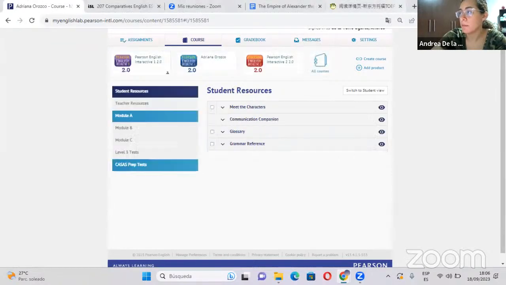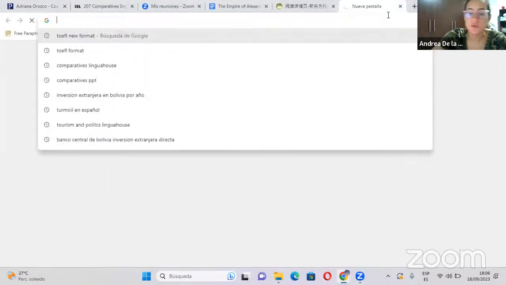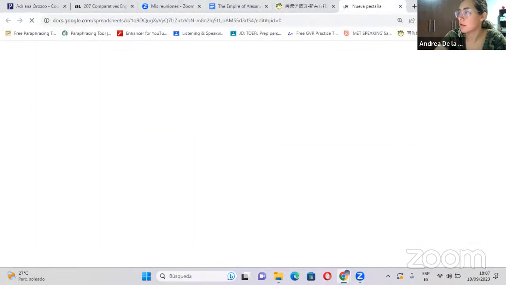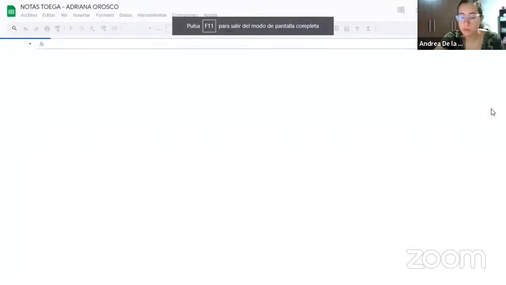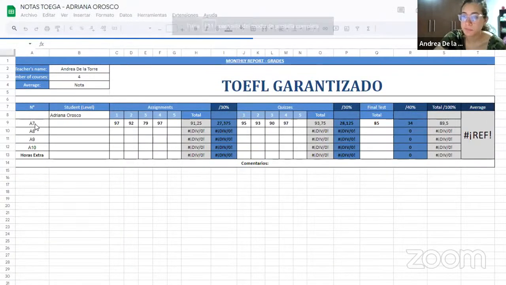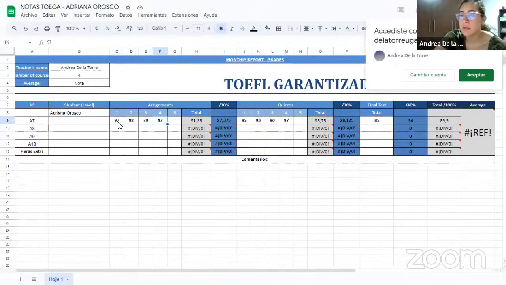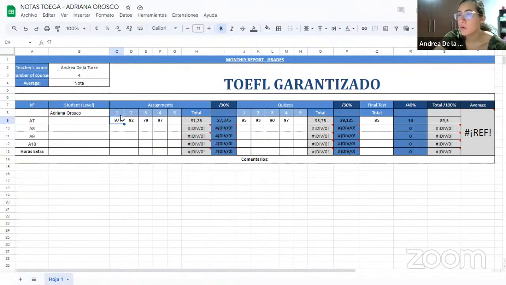Okay. I wanted to start by showing you your grades now that they're updated for the first module, because we have already finished the first module, module A, which would be the A7. And these are your grades. On the part here of assignments, these are basically the grades that I got from the platform, so they are automatically graded. I just copied the grades from the platform. Each one is for each unit. So these are the grades that you have for the assignments for the first unit, the second unit, third, and the fourth. We have only 4 units per